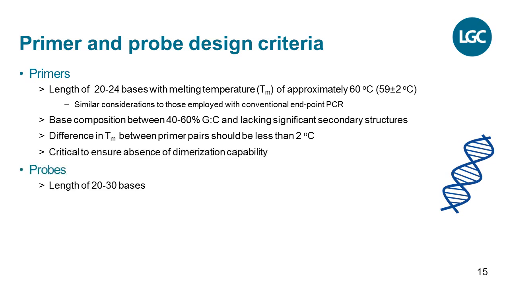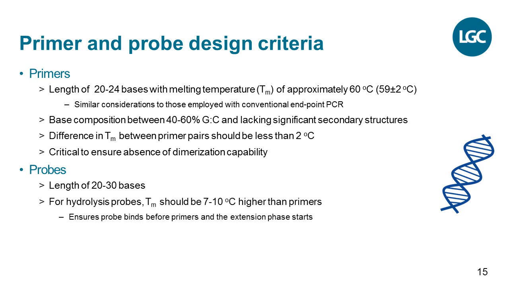For probes, a design length of between 20 to 30 bases is normal, but the theoretical melting temperature should be between 7 to 10 degrees centigrade higher than the average for the primers. This will ensure that the probe hybridizes before the primers and in advance of primer extension by the DNA Taq